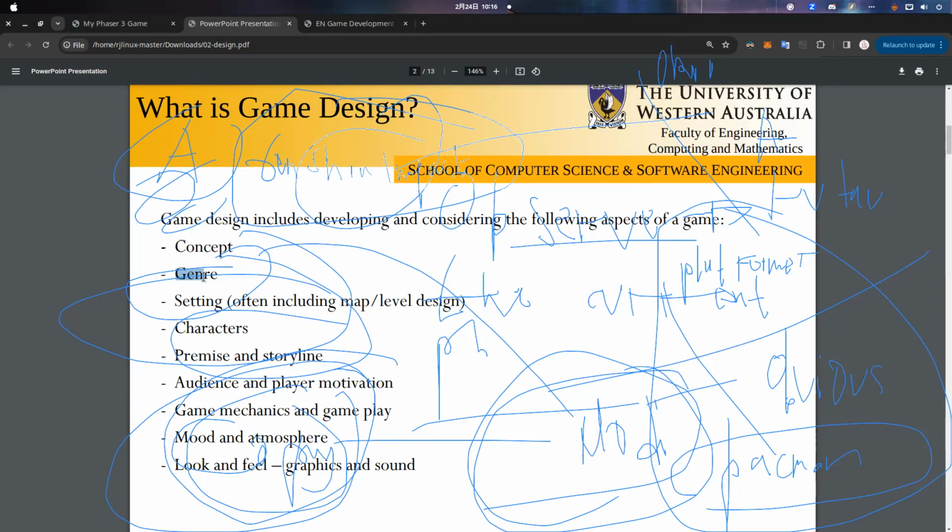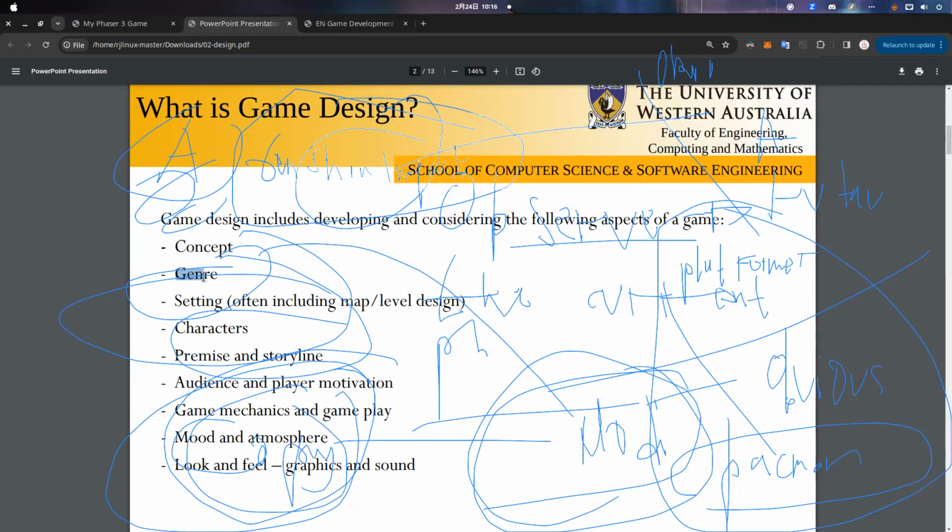And the next one is character. If you remember, our game has a character. Character is quite important because we want some interaction with the user or with the game itself. That's why we have to put in a character.